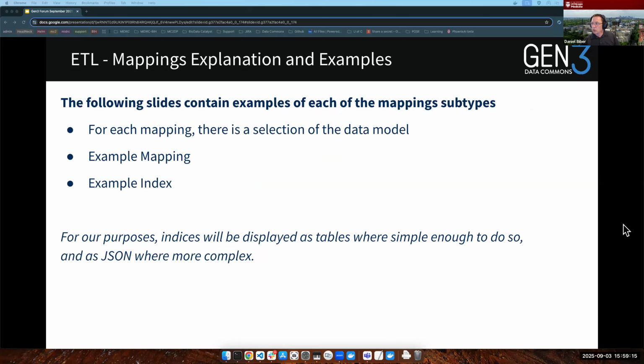So I will get into examples now. These examples I've put together based on an example data model. It's very stripped down, almost as simple as I could make it to give good, rich examples. But each of the slides will contain, after we've discussed the data model and I've given you a chance to digest it,